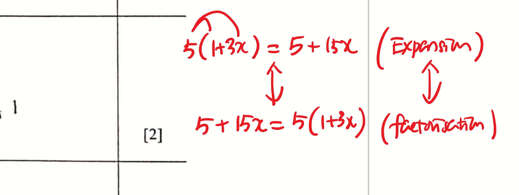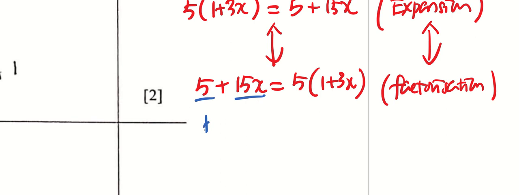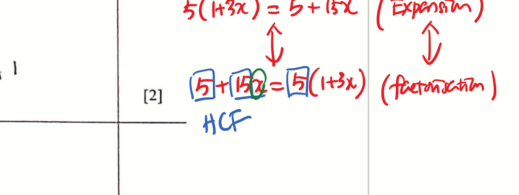Okay, so what is the thought process of doing this factorization? The key is you look at each term in the expression, and you find a highest common factor. Remember this? Okay, so in this case, I noticed that 5 and 15 have a highest common factor of 5, so I can draw it out. But my question is, are we allowed to draw out the x? The answer is no, clearly, because this term does not contain x.